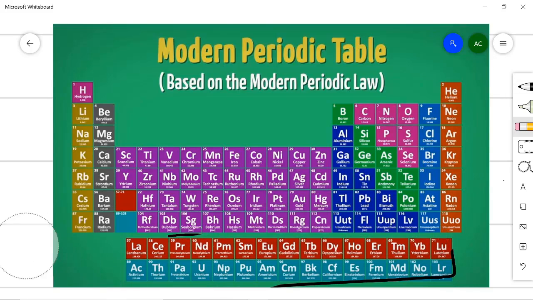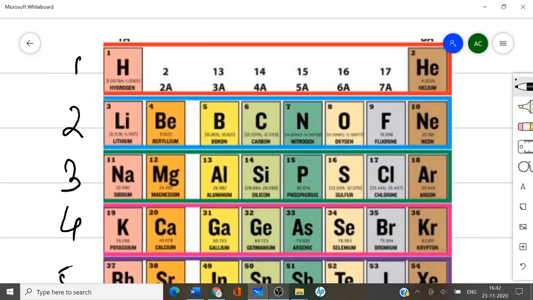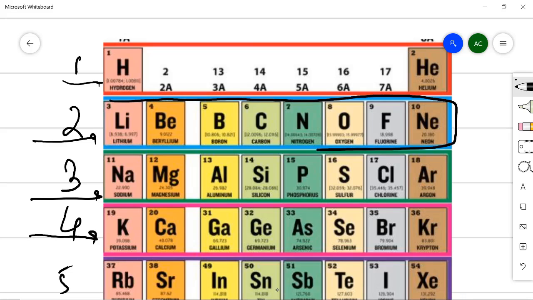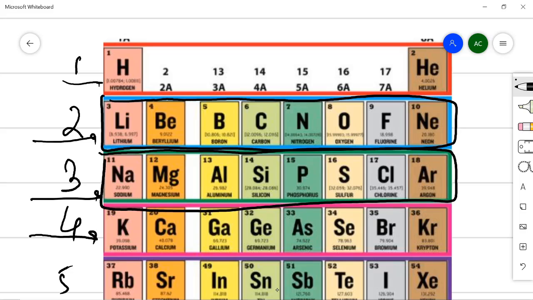What are those bridge elements? So here you can see on the screen I have shown you periods. This is first period, this is second period, this is third period, this is fourth period. So these are the elements of the second period. Now this second period shows resemblance with the third period elements, but in a diagonal relation. Lithium shows the resemblance with magnesium, beryllium with aluminium, boron with silicon.